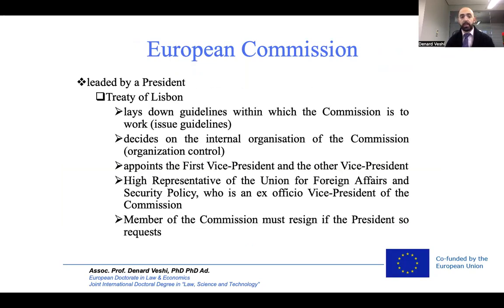The European Commission is led by the President, who has the task to lay down guidelines within which the Commission has to work. It has sole organizational control. It appoints the first vice president and the other vice presidents. In the European Commission is also seated the High Representative of the Union for Foreign Affairs and Security Policy, who is also ex officio the vice president of the Commission, and a member of the Commission must resign if its president